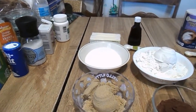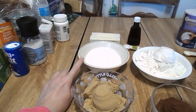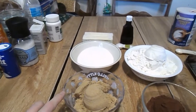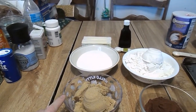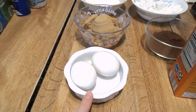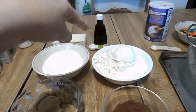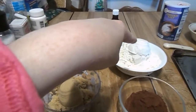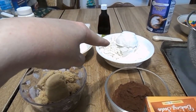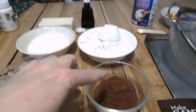And then you're going to be needing granulated sugar, about 1 cup. And then we are going to be needing 3/4 cup of brown sugar, and then you're going to be needing 2 eggs, and then a teaspoon of vanilla, and then you're going to be needing 2 1/4 cups of all-purpose flour, and then you're going to be needing